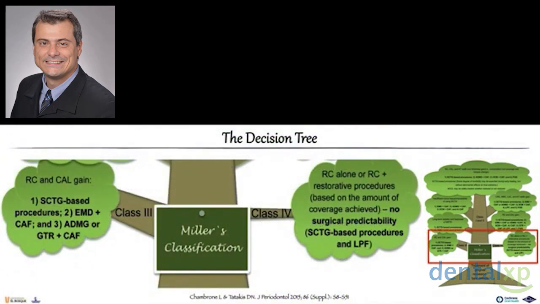And for class 3 and 4 recessions, the subepithelial connective tissue graft should also be the first choice. And remembering that the amount of root coverage will be based on the amount of interdental soft tissue lost. So, after considering